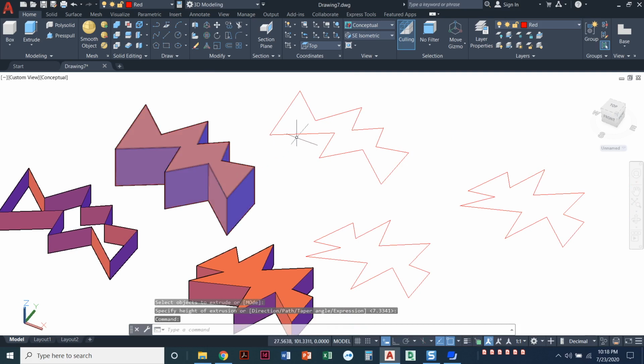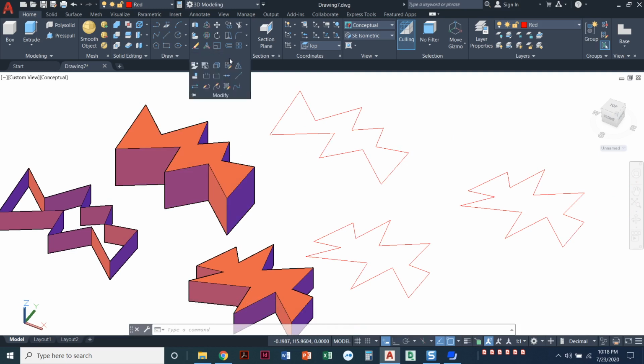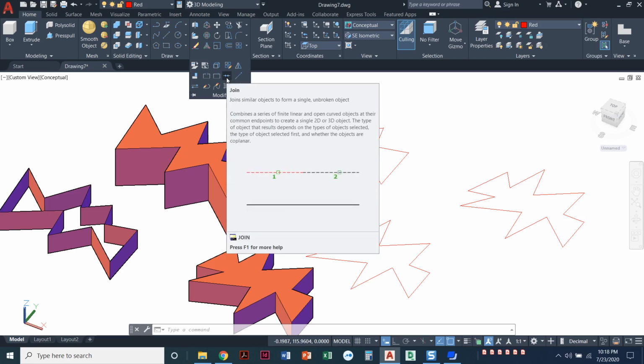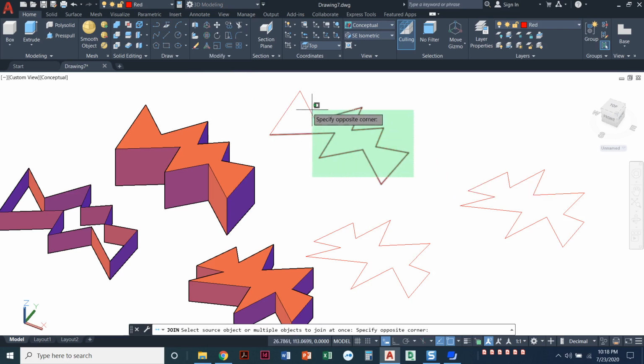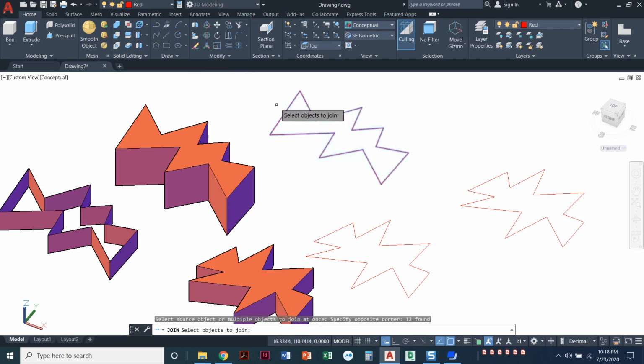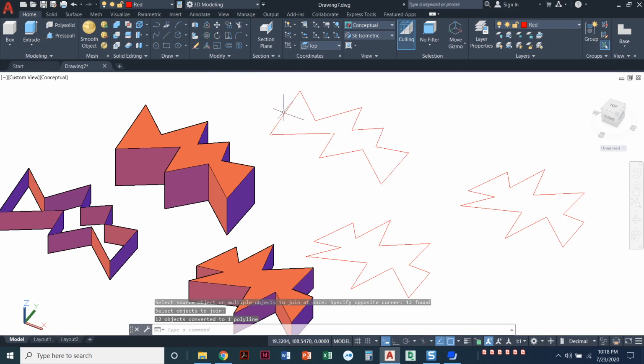Another thing that I can do is take those exact same lines and use the join command. So the join command, I'm going to go to my modify, click on this little arrow to pull it down, and there's two arrows that are touching each other right here. That's the join command. You can also type J, enter to join. And what I can do here, select these objects, press enter, and it just joined those into a polyline. So as long as it's a closed off object, you can make a polyline with the join command.